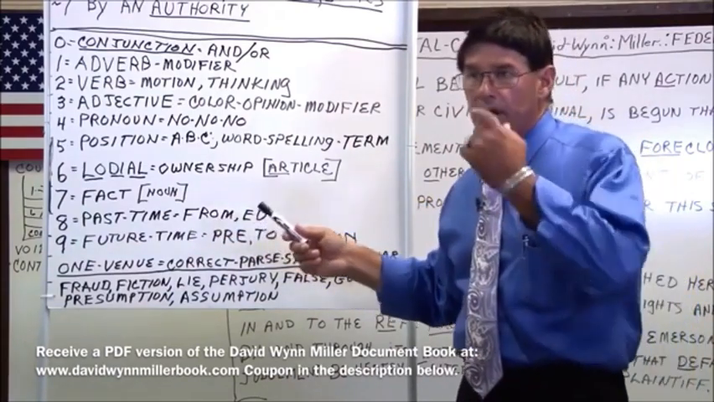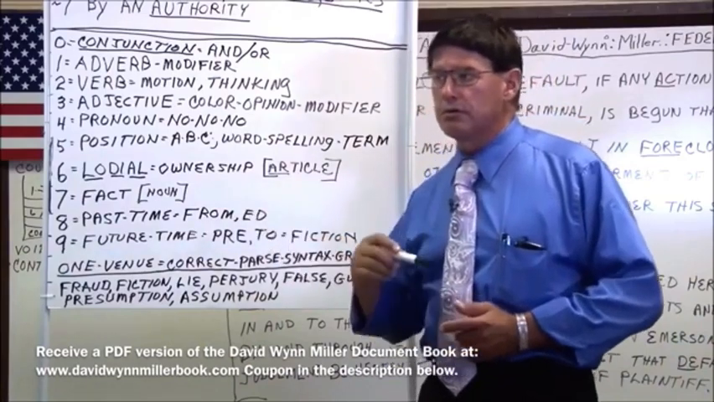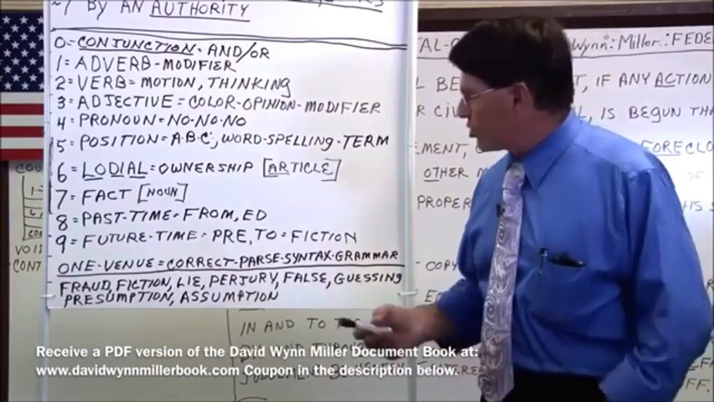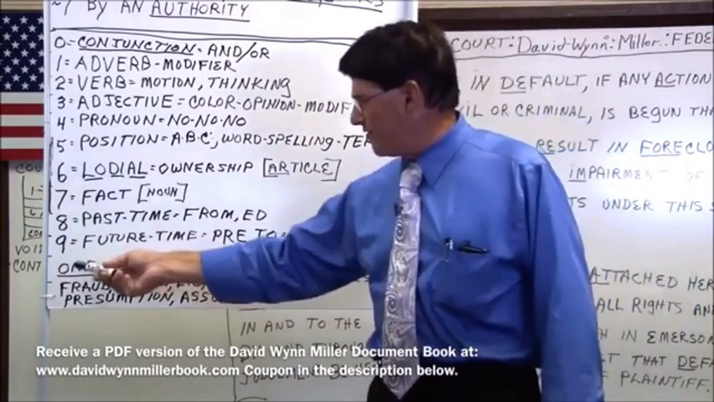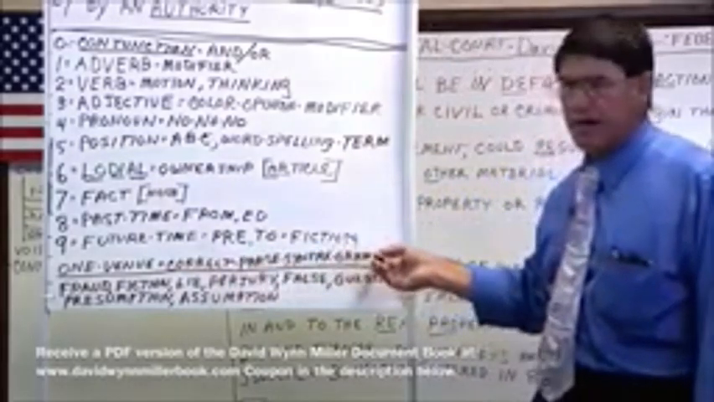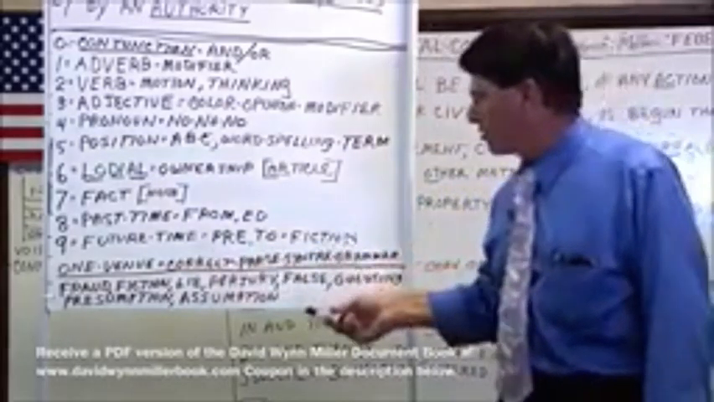When we went to school, they taught us that a sentence must be one thought. So we have a one venue or one condition of thought, which is the correct parse syntax grammar. However, in the world of fraud,